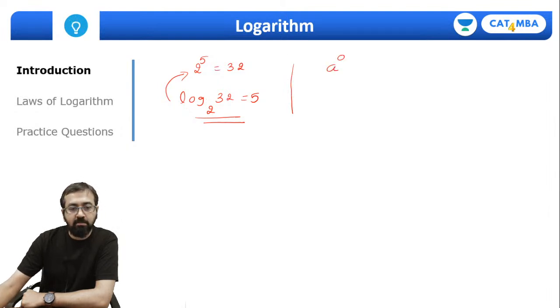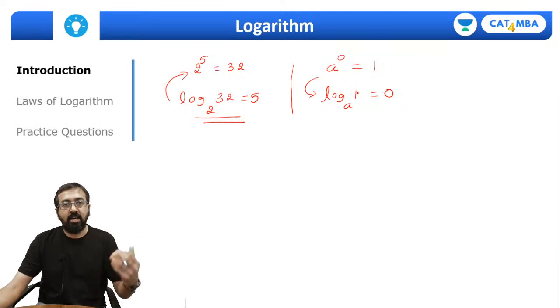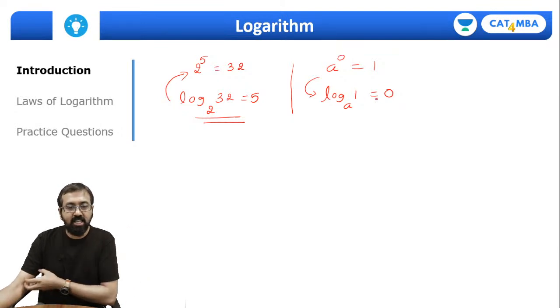नाउ इफ यू आर क्लियर विद दिस थिंग देन यू कैन श्योरली आंसर दिस थिंग। You know any number raised to 0 is 1, correct everyone? Any number raised to 0 power it's 1। तो इससे हमें एक और रूल मिल गया कि log of 1 with any base a it's 0, as simple as that। आप log of 1 लेते हो हमेशा 0 आएगा। अगर आपके पास कैलकुलेटर है आप जल्दी से उसको चेक भी कर सकते हो, आप बेस में कुछ भी रखो रिजल्ट 0 आ जाएगा, ठीक है। सो ये एक चीज आपको याद रखनी है।